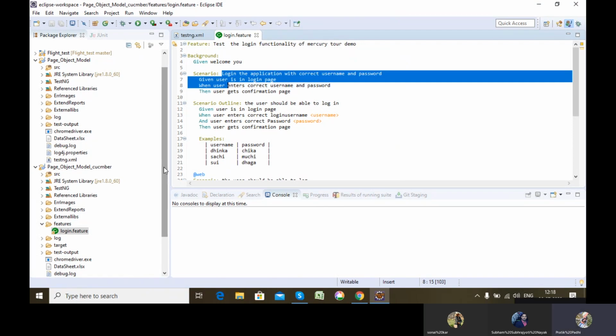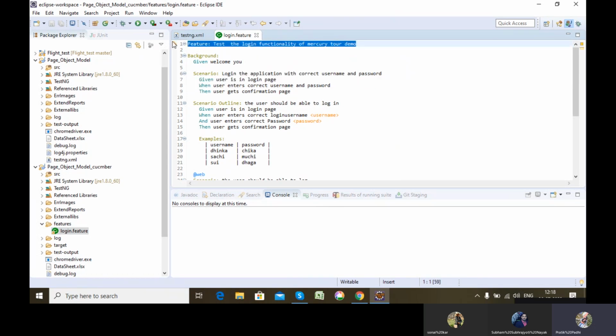The first thing you have to do in Cucumber is create a feature file. So what will the feature file include? The first thing it will include is the feature name. This keyword, Feature colon, is important. After that, what you write is up to you. You can write anything, but it should be relevant to this feature.